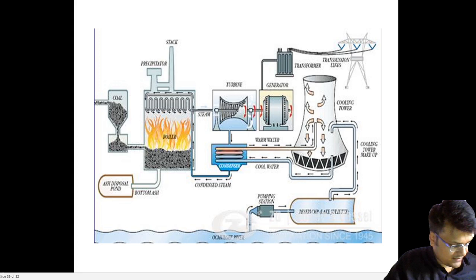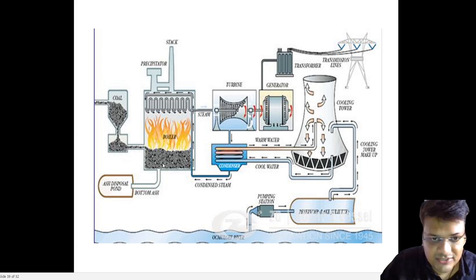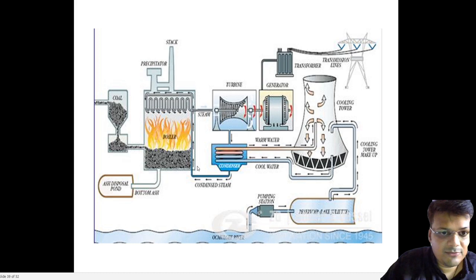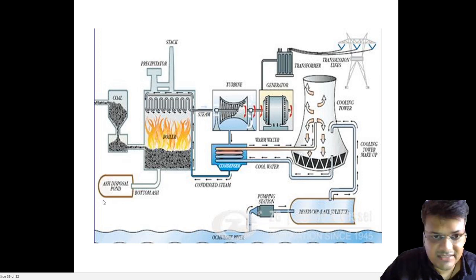So here, what are the fuels of this coal power plant? That is our coal. What is the cost of coal? How is the coal used? How is the steam fed to the turbine and water converted into steam? What are the costs to make this boiler and all this stuff? So we have to minimize the cost to set up the plant. We have to set up all these things, so we have to minimize all of it to get the maximum profit. This kind of study we do in economic load dispatch.